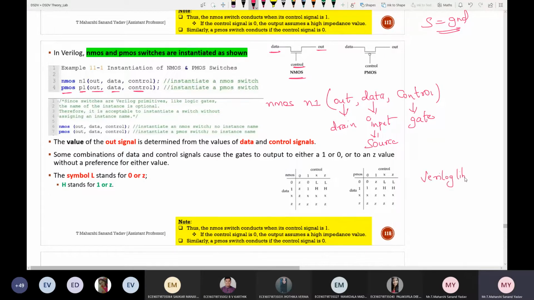In Verilog library, all these are present by default. That's the reason in gate level modeling we directly write like this, some name followed by output comma input. Similarly, the switch levels are also present. I mean all these NMOS, PMOS and CMOS are also present in the Verilog library,